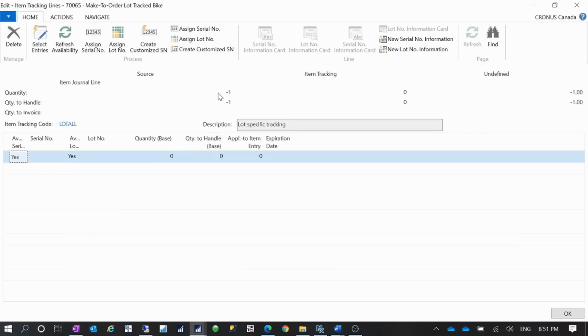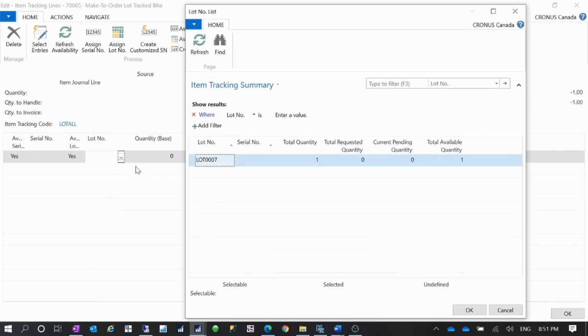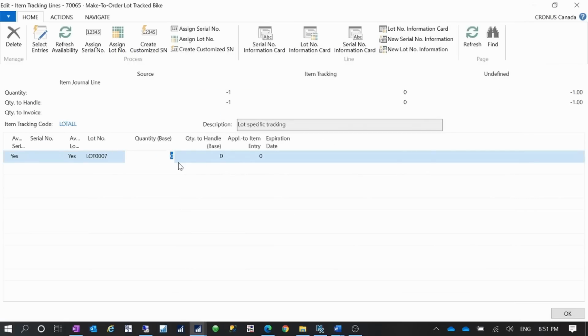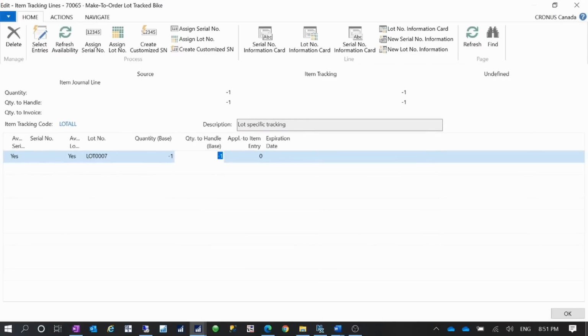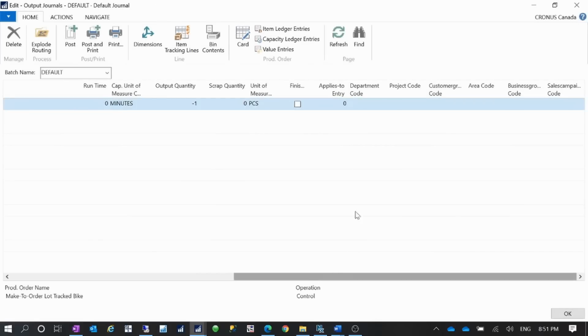So I have to go to item tracking lines and find the lot number I reported that output. So this is the one. And I have to enter the quantity -1, which matches what you have on the output journal line. And then you can click on OK. Before you click on OK, there's one thing I want you to pay attention to, because this is a lot tracked item. If you try to define